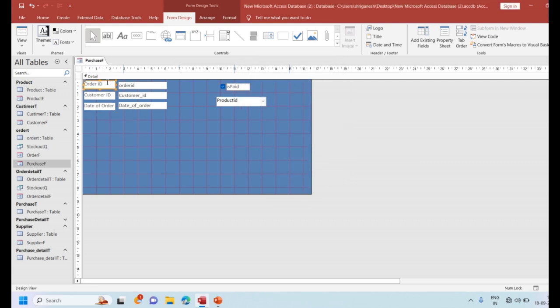Then here you can see I just want to change the labels. I add here purchase ID, supplier ID, and whatever the design labels you have in your table. I just made it date of purchase.